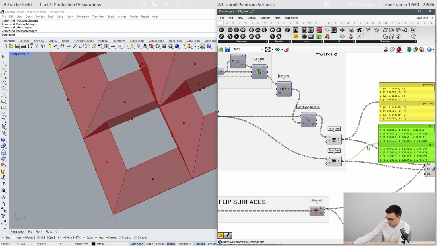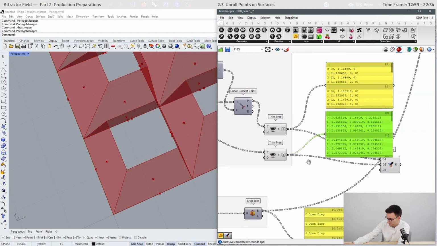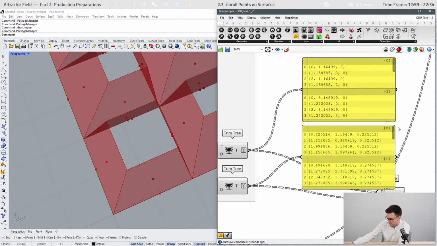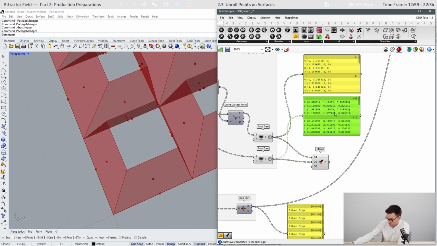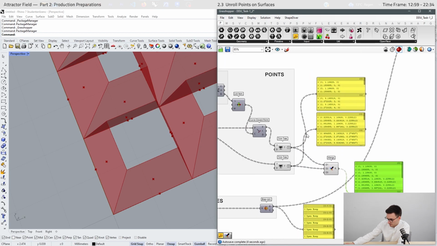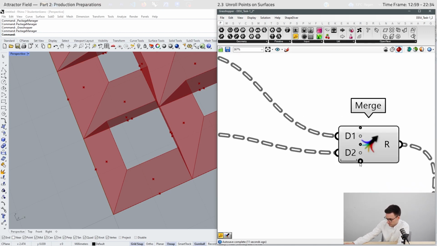So we can just simplify the outputs right here, so we have the same path names. And then when we take a look into the merge component, we see that it works now. We have 8 items in one list, because here the first list is merged with this first list. All right, now it works.